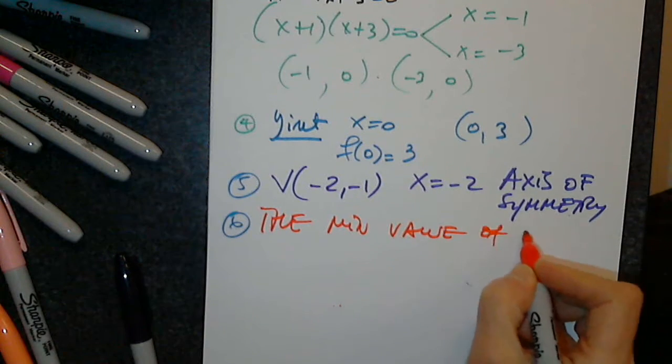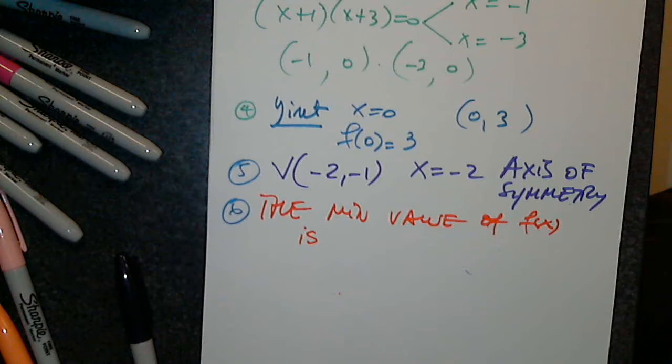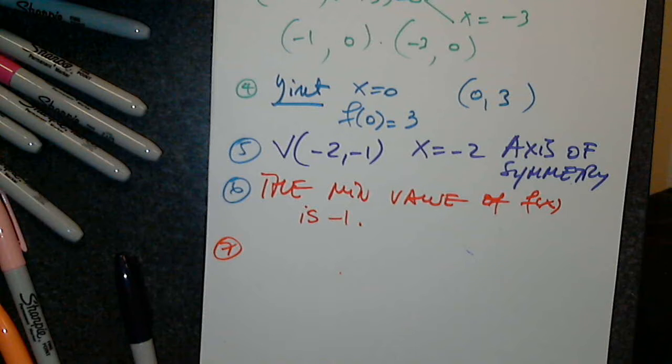value of f of x, I need someone to say is? That's where it happens. The y value? -1. And I'm adding number 7 for you. Give me the range, although you can say, wait a minute, we haven't graphed it. We know the graph already. What is the range? That's it. Why this happens? Simply because we know the graph, we graphed it in transformations, and now things become easier for